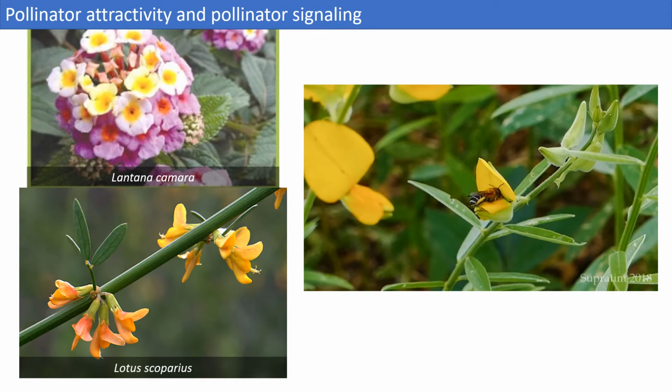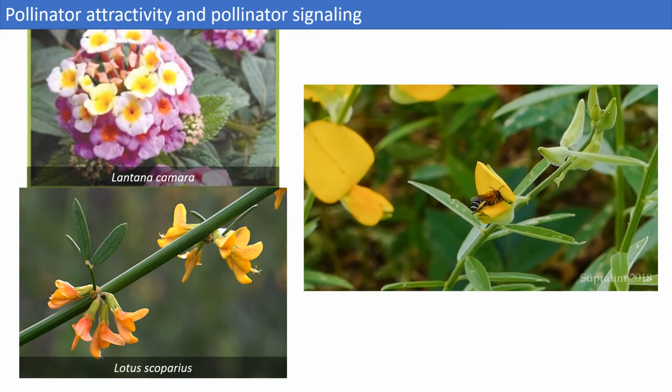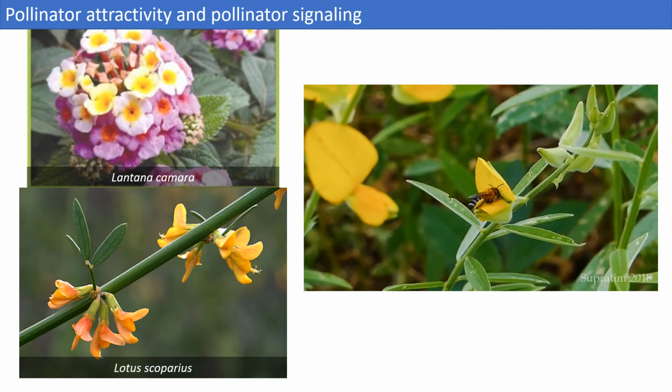For instance, most legume species have these asymmetric flowers that have a landing platform called the keel when a pollinator lands on the